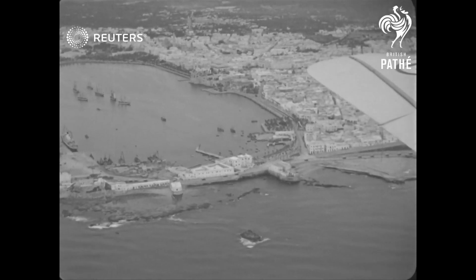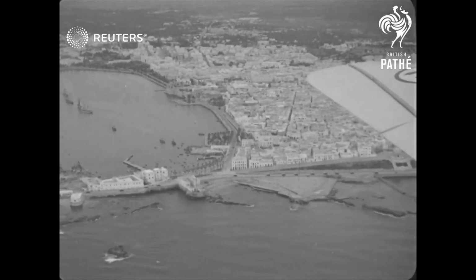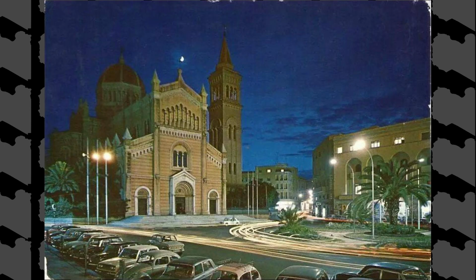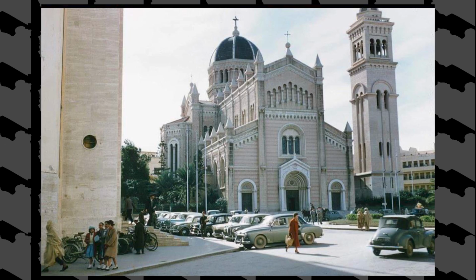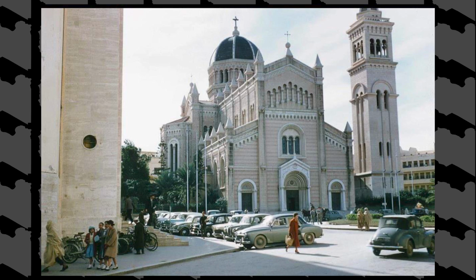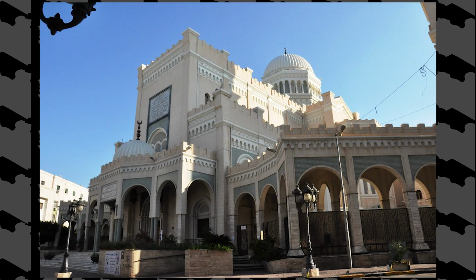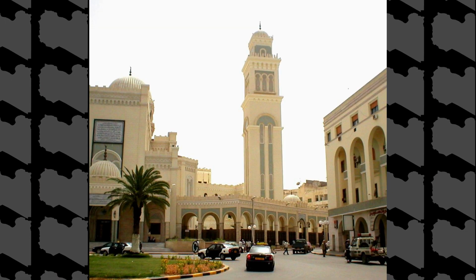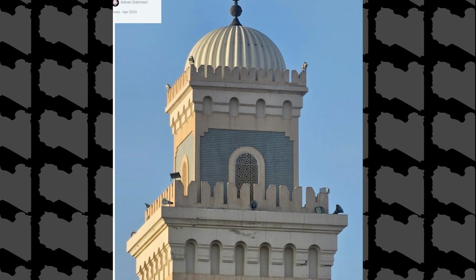Other colonial structures remained but were remodeled and renamed, such as the Jamal Abdul Nasser Mosque, which used to be the Tripoli Cathedral. What used to be a symbol of Catholicism and Italian colonialism was converted to a mosque by Gaddafi. The structure of the church remained intact, but the facade and interior underwent significant alterations.